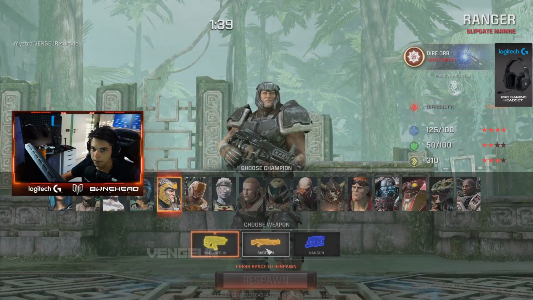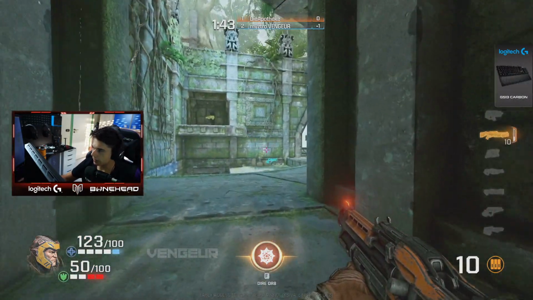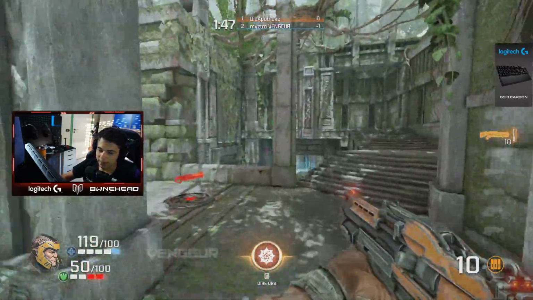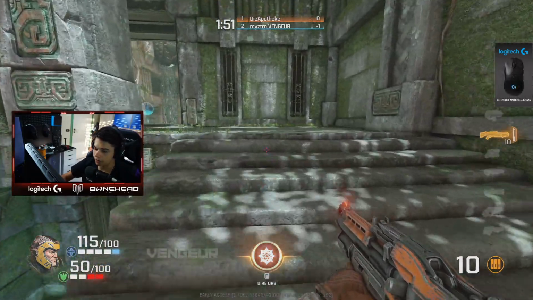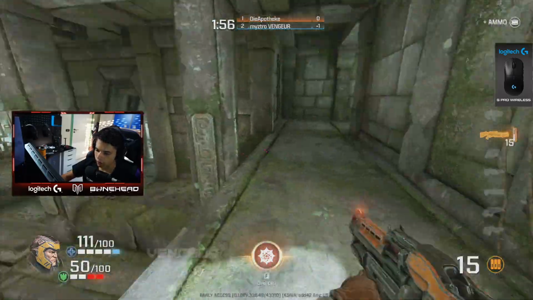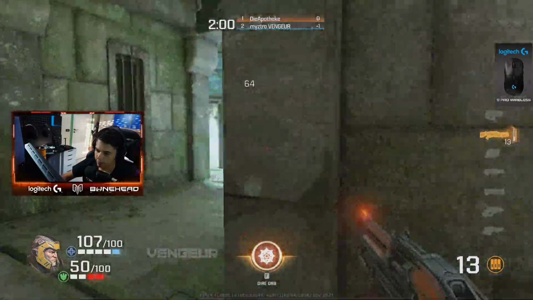Next weapon is gonna be the shotgun, the starting shotgun. So this is the starting shotgun. This is even the default skin, okay? So the starting shotgun is just a nerfed version of the normal shotgun, but still can deal a lot of damage, and I'm actually gonna show you. 28, 64,